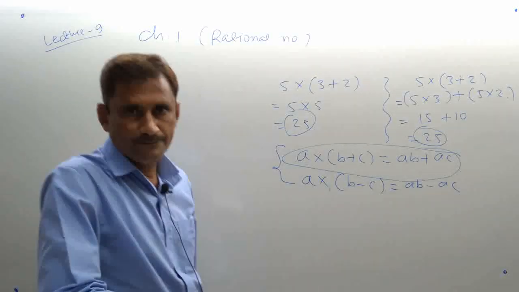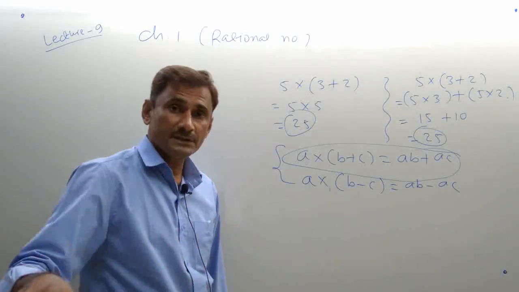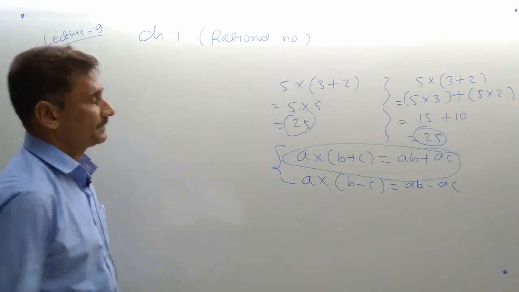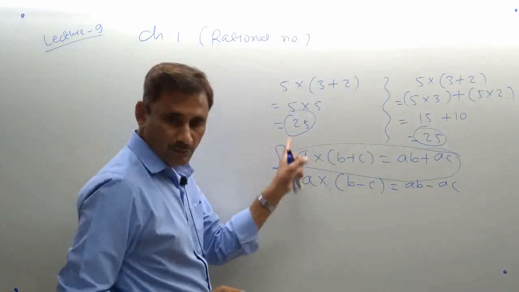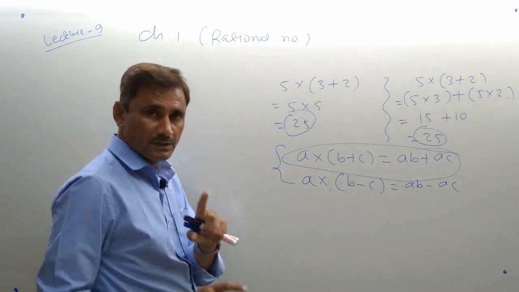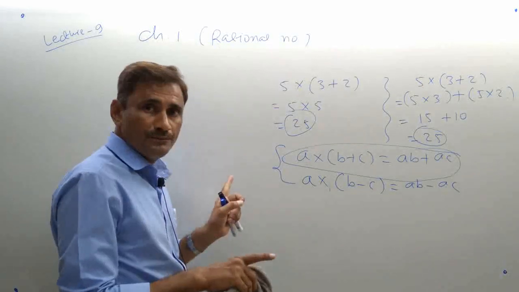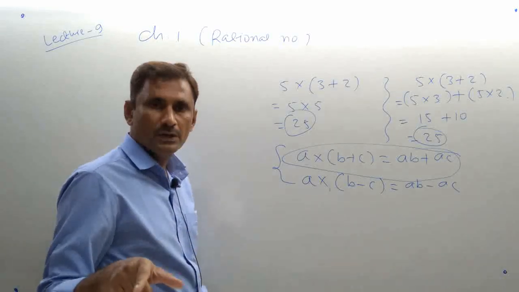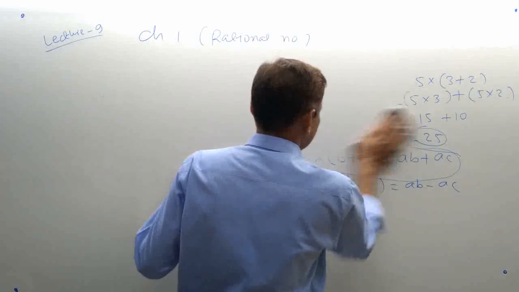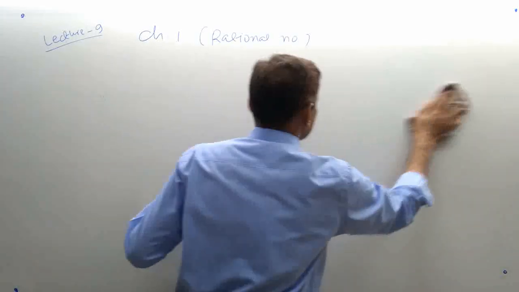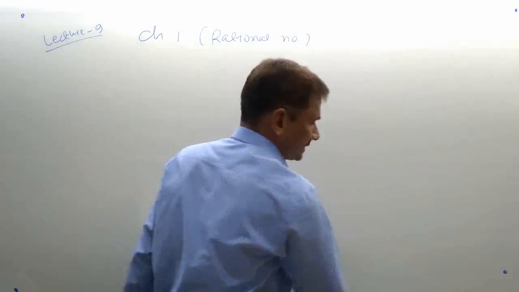Okay, now next is not a property but one concept, and it is the concept of the reciprocal of a non-zero rational number. What is meant by reciprocal? First of all, understand. Okay, so this is regarding property number 6. Nothing to write now, just see in the book, given systematically there. Now what is meant by the reciprocal of rational numbers?